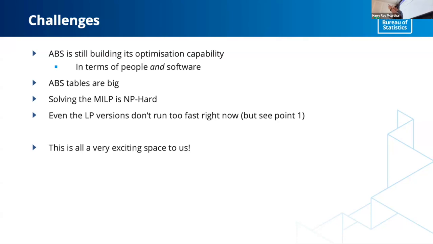Probably not as big as the biggest optimization problem people are running these days, but they seem big to us, and they're also very complicated. You've got like 5 different variables and they have hierarchies, so you're not just adding up in these directions, but actually this value adds up to this value, adds up to this value, adds up to this Australian total or something. Like I said, it's an MLP, so it is NP hard.